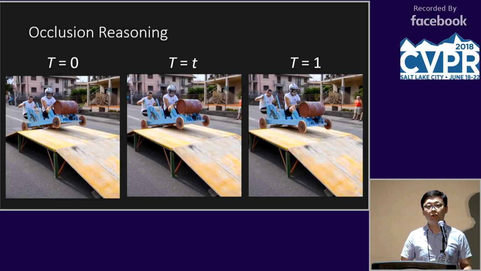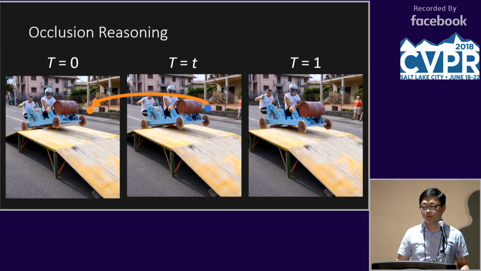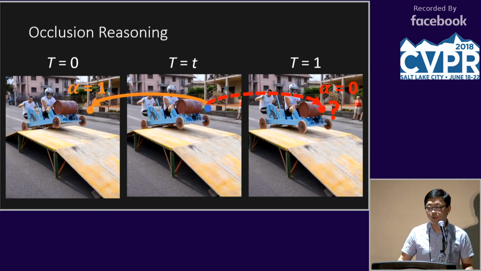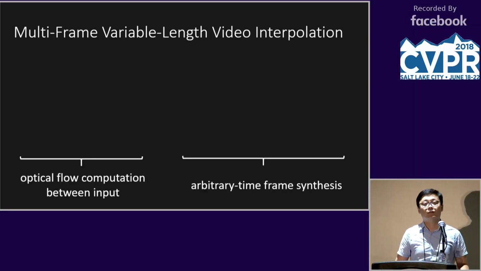However, not all pixels at time step t can find their correspondences in input images due to occlusion. To this end, we predict visibility weights of both input images to control their contributions to intermediate frame synthesis to deal with occlusion. So bearing these ideas in mind, we have the network design of our super slow-mo consisting of 2